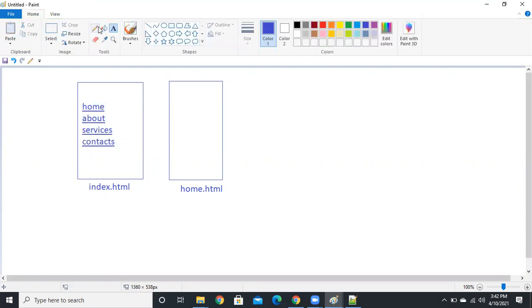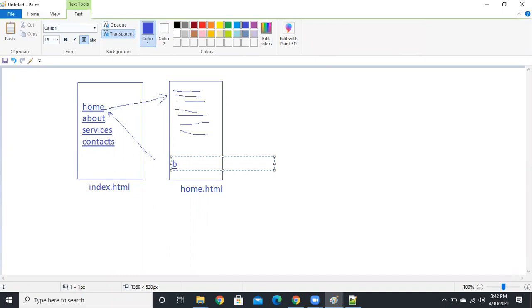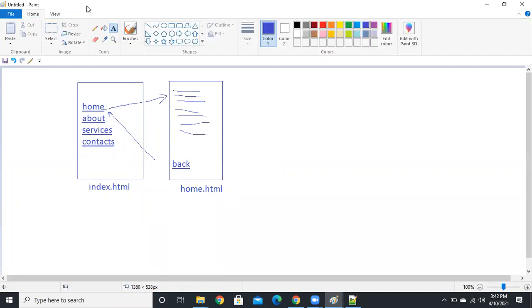When I click on this home link, it will navigate to home.html. In the home page you can write your own content, whatever it is: headings, paragraphs, forms, buttons. At the end of this page, I'll create one more link, back, or go to home, or anything you like. When I click on this back link, again it will navigate to the index page. Understood now?